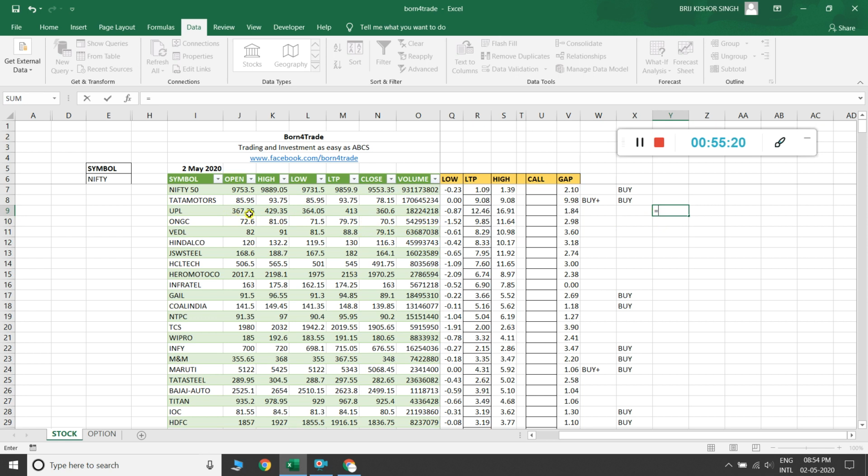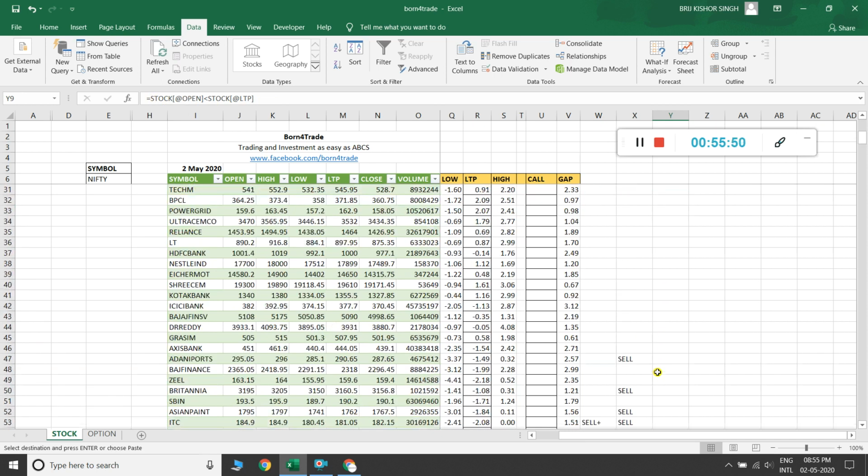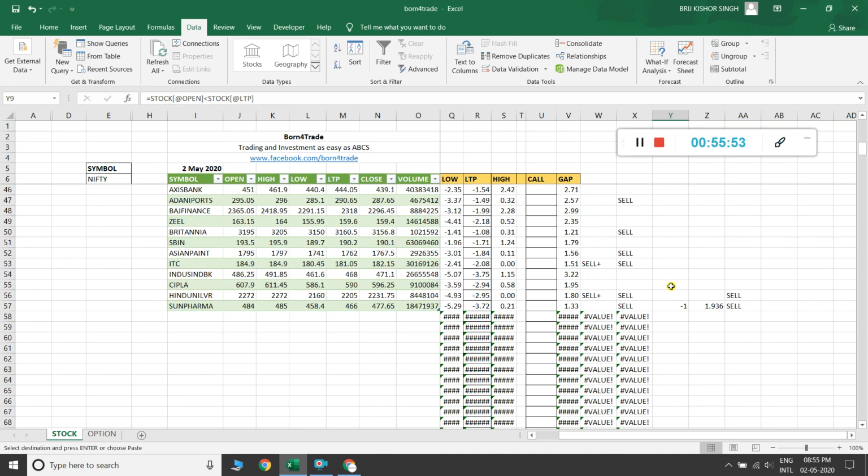Then I select here open is less than last trading price, then it gives true. Then copying here and pasting here, and see it fails because open is not less than last trading price.